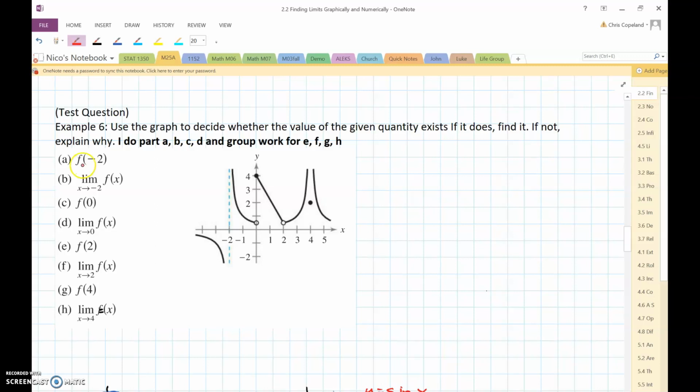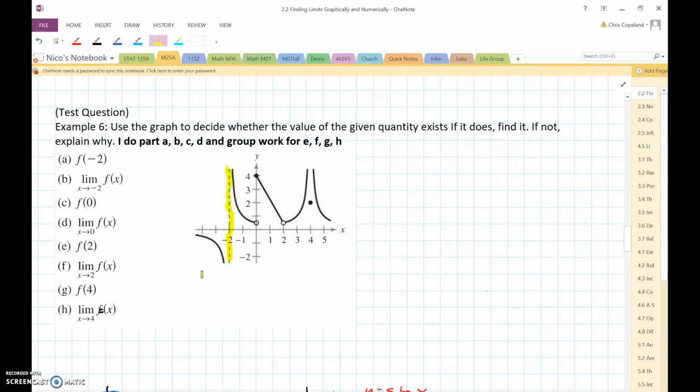So the first one is f of -2. So this is not limit notation. So this is just to take when x is equal to -2, plug it into this function and see if that point exists. Well, you can see here, when x is -2,